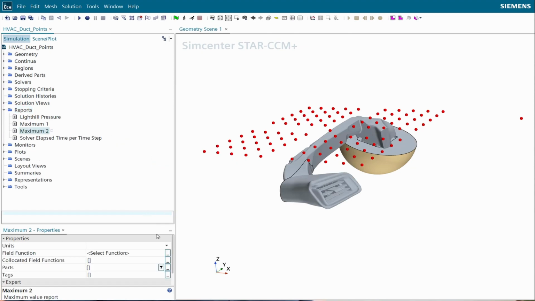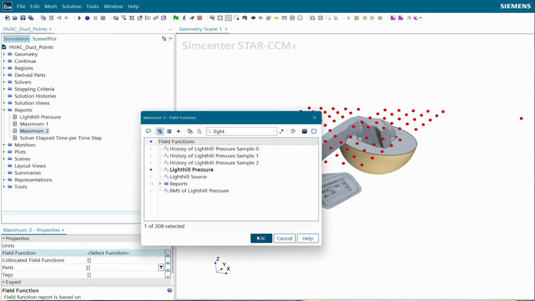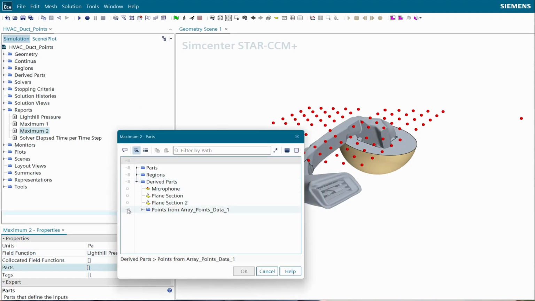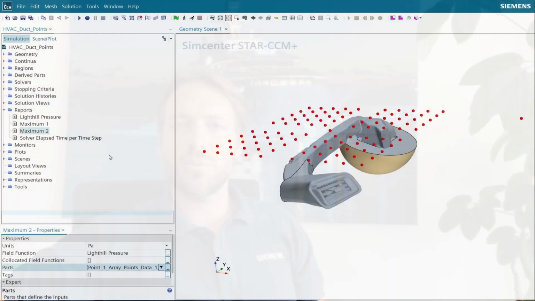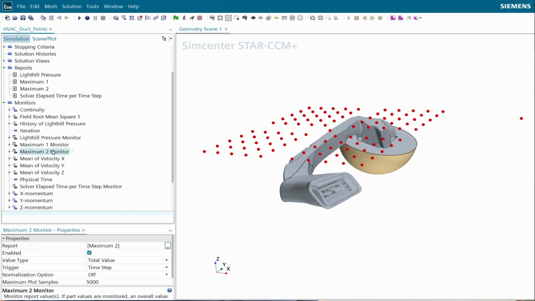In the past, you would have to build an individual monitor for every single point. Therefore, your simulation tree would get quite convoluted, and managing such an amount of monitors is also a little bit challenging. So in order to make this better, we created the multi-valued monitor. This allows you to input, as the name says, multiple inputs into one singular monitor, and therefore makes these workflows much easier. So how would that look?